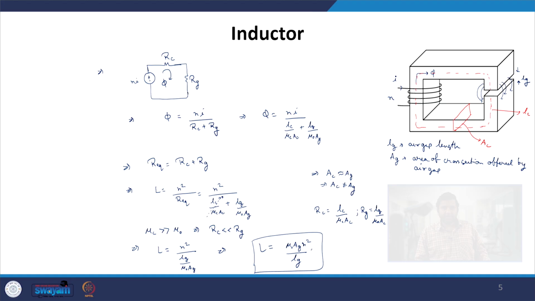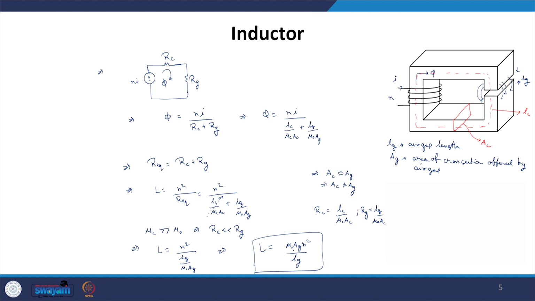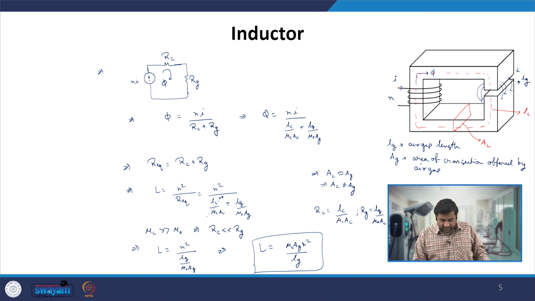So we can see that because of the insertion of this air gap, the entire inductance is only dependent upon the air gap dimensions. The core has no role to play the moment we put the air gap. But because of this, we also see that this inductance is very much less than the inductance we got without the air gap, because our mu c is very much greater than mu naught. That is when we can say that the inductance we got when there was no air gap is pretty much larger as compared to the inductance we got with the insertion of the air gap.